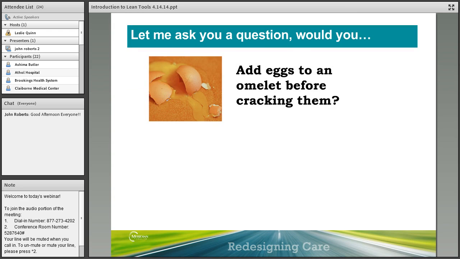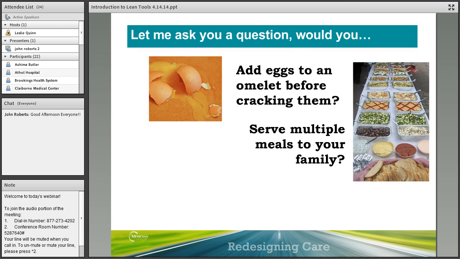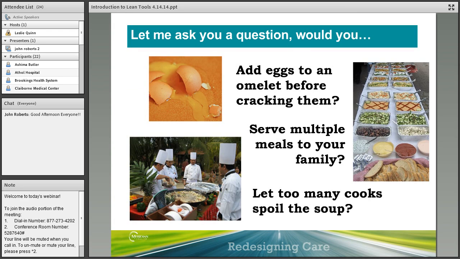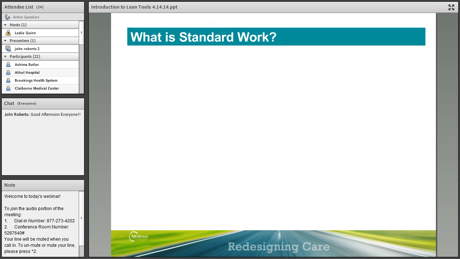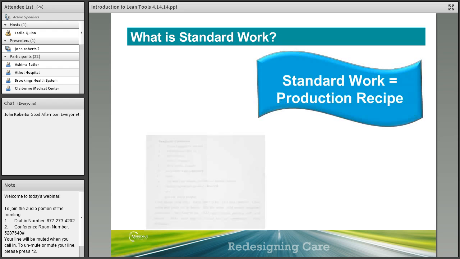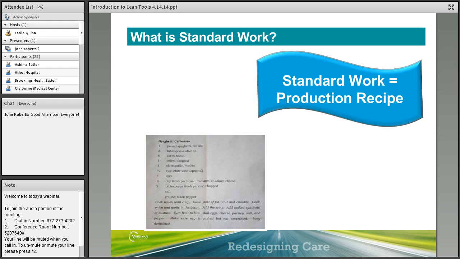So let's move on to standard work. Let me ask you a question. Would you add eggs to an omelet before cracking them? Would you serve multiple meals to your family? Would you let too many cooks in the kitchen, as they say, spoil the soup? Of course not. You wouldn't do those kinds of things, and that's what we're looking at when we're looking at